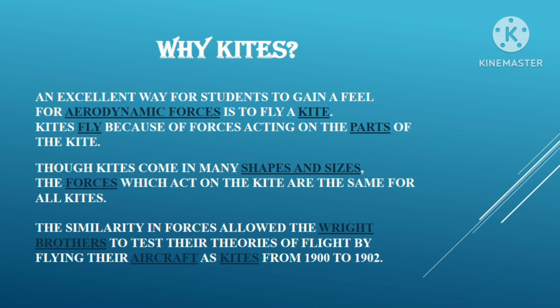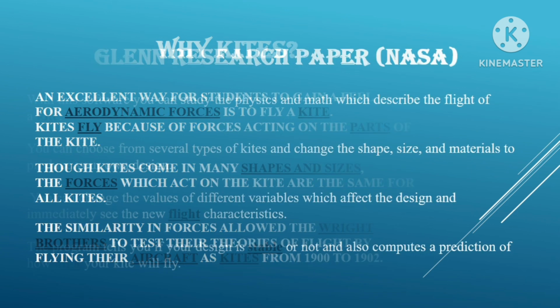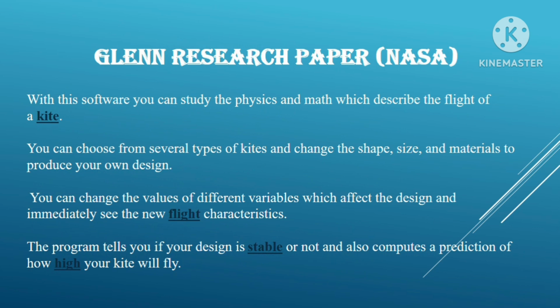Kites come in many shapes and sizes. The forces which act on the kite are the same for all kites. The similarity in forces allowed the Wright brothers to test their theories of flight by flying their aircraft as kites from 1900 to 1902. You might be wondering, why did they choose kites to be exact, to fly